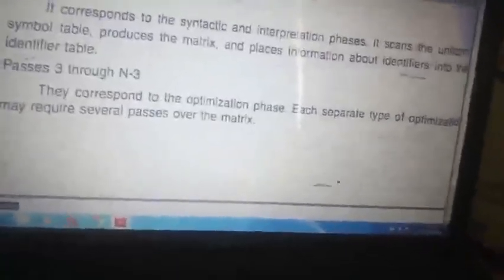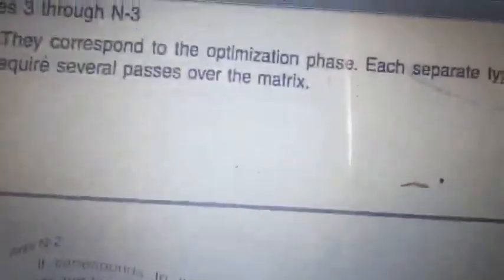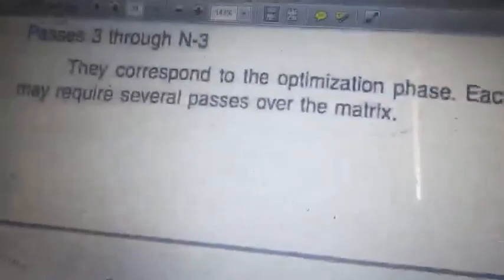So from pass 3 to pass n-3 it depends on the 7 phases. So it is an optimization phase. There are different matrix calls, and there is no single algorithm because it depends on the matrix. If you have a plus, then a different kind of code will be asked. If it is a minus, then a different kind of code will be called. If it is a multiplication, a different kind of code will be called using a code production rule. So there is no one single algorithm. There is a set of algorithms which work together with the passes from 3 to n-3.